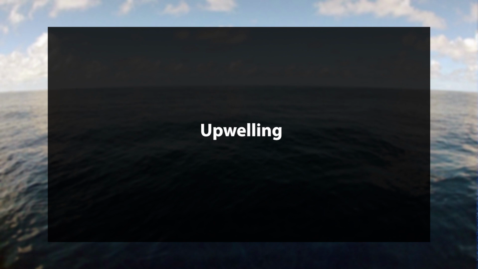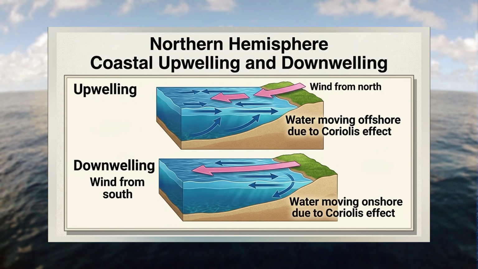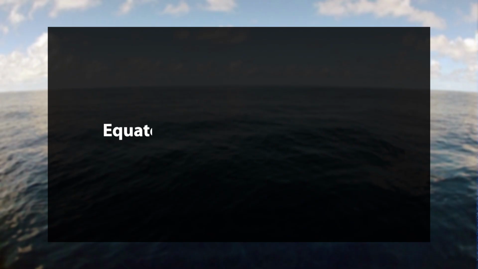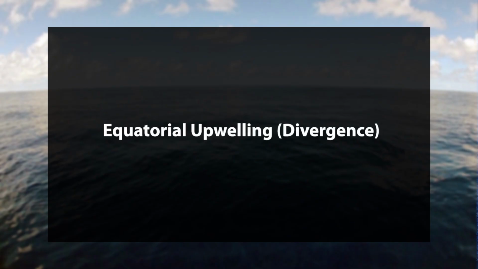Now, upwelling is the upward movement of cold, deep, nutrient-rich water to the surface, while downwelling is the downward movement of surface water to the deeper parts of the oceans. Coming now to equatorial upwelling, also known as divergence. Current divergence takes place when the surface water moves apart and flows away from a specific region on the ocean